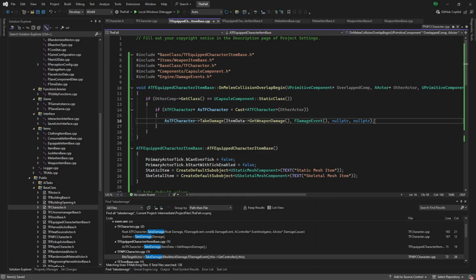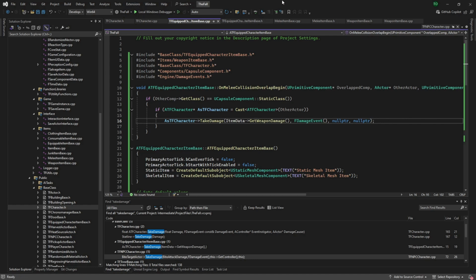We need a way to know what those are. We do not want that to be this item, because if you hit somebody with a bat, a person doesn't think the bat hit them. They think you hit them. And that goes for everything. It's an extension of the person wielding the weapon. So we need a way to